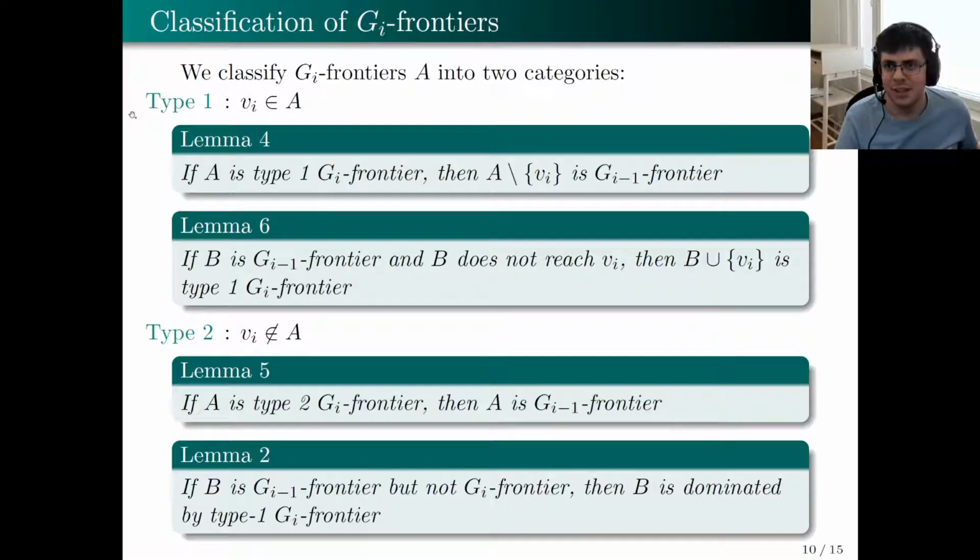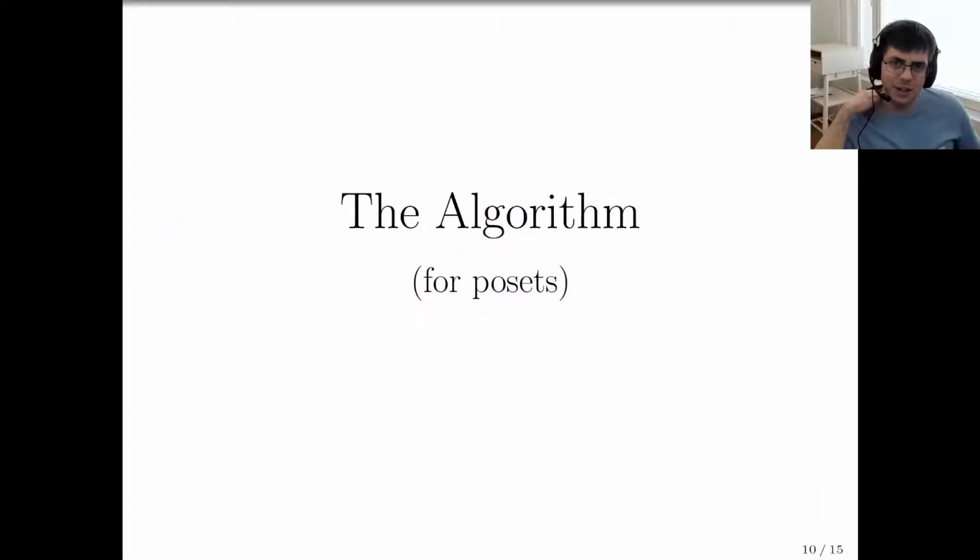For example, type 1 frontier antichains can be obtained from G_{i-1} frontier antichains by checking reachability to the new vertex v_i. On the other hand, type 2 frontier antichains can be found by checking domination between type 1 G_i frontiers and G_{i-1} frontiers. We put this into a simple algorithm that works for posets only, which is a simplified version of